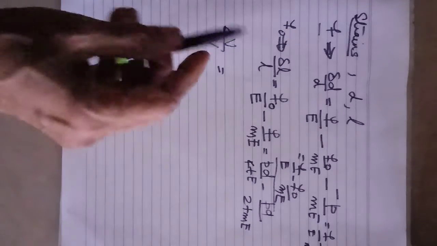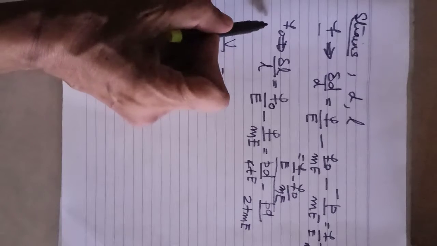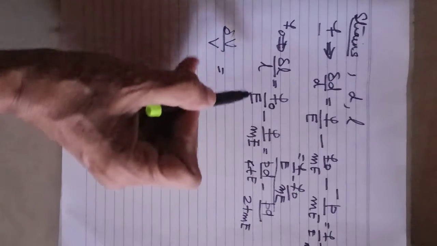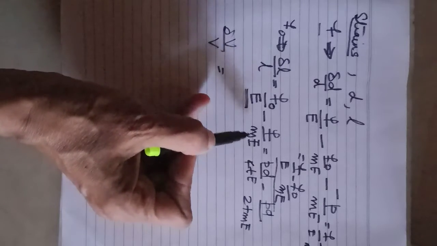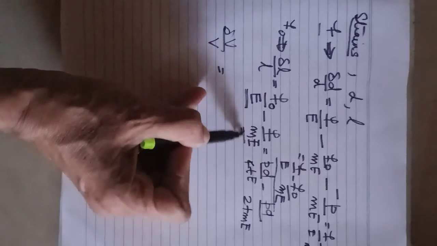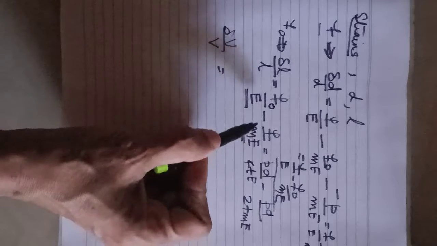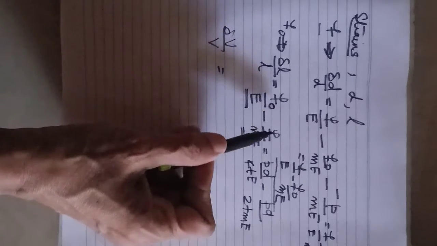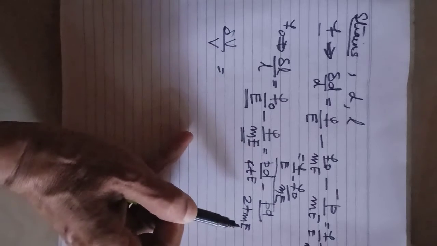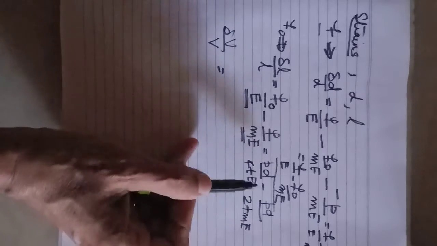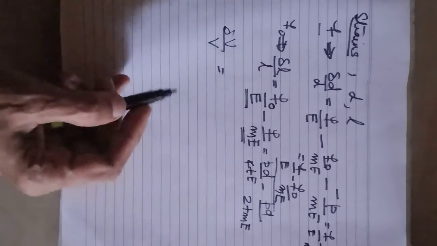Then the next dimensional change is for the length. That is due to the longitudinal stress, that is f0. Due to that you have delta L by L. So the axial strain will be f0 by E minus, due to hoop stress you have got lateral strain. If you want to substitute the values of f0 and f, it will be pd by 4tE minus pd by 2tmE. So knowing these stresses, you can find out the strains.